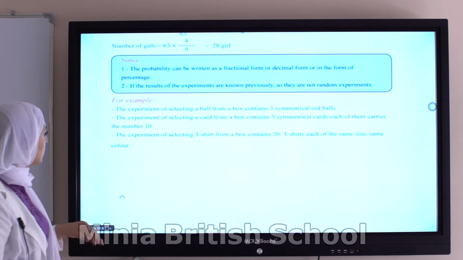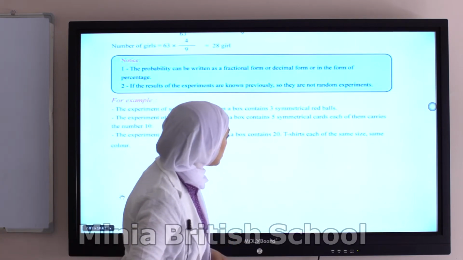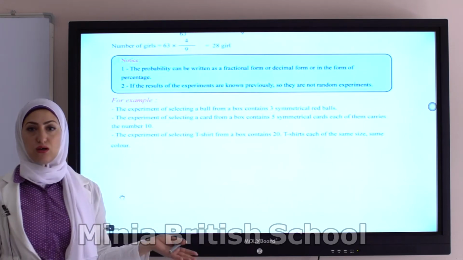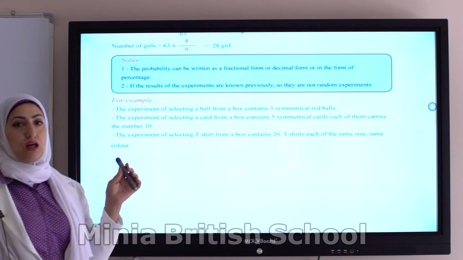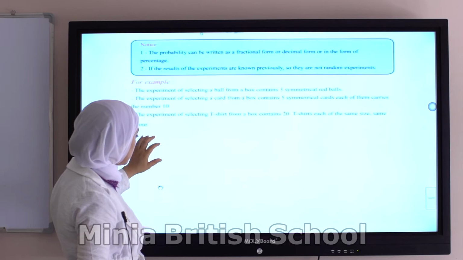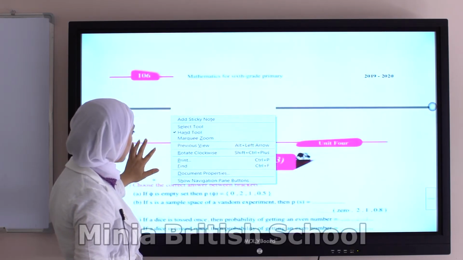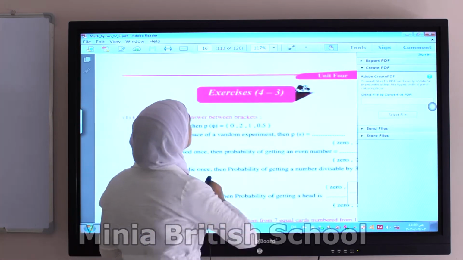The third one, the experiment of selecting t-shirts from a box that contains 20 t-shirts, each of the same size and same color. So no difference. That means it's not a random experiment. Random experiment means I have different outcomes. Okay, now